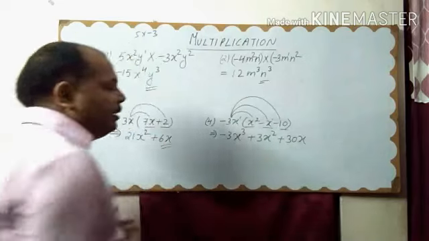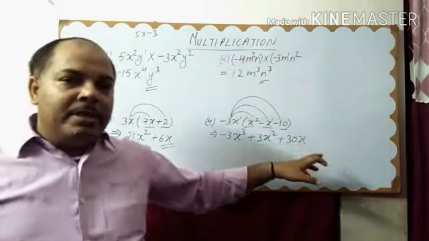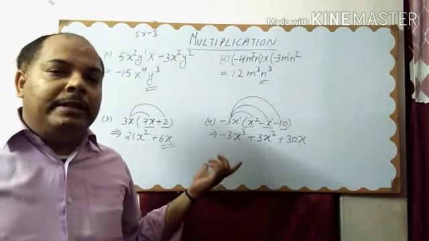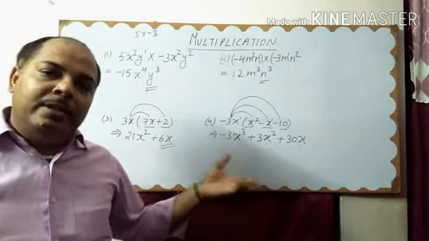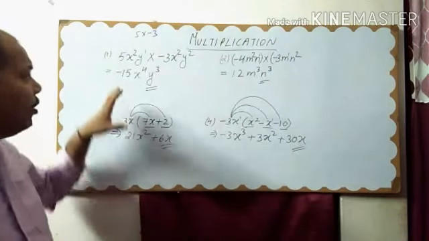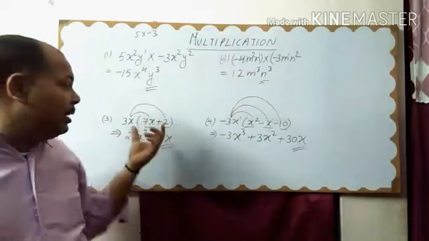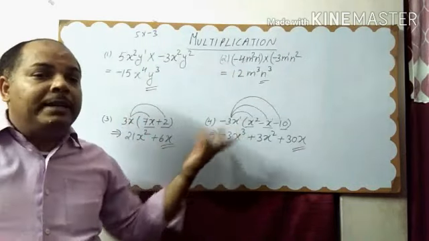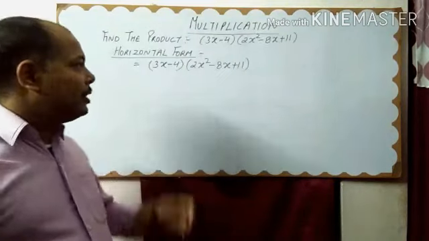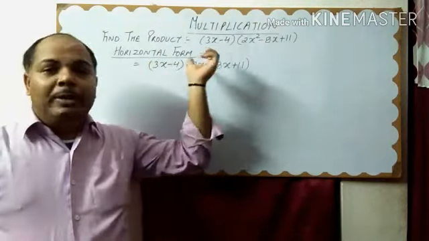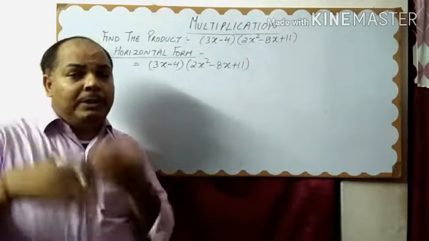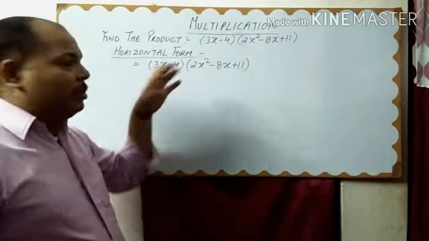And the literal coefficient is x. Now see all 3 terms. Are they like terms? No. So it is not possible to add or subtract the terms. This is your final answer. I hope you understand how you multiply monomials by monomials, binomial by monomial and trinomial by monomial. Clear? Now we are going to understand how we multiply trinomial by binomial or binomial by binomial or trinomial by trinomial. Okay? Same method is there.